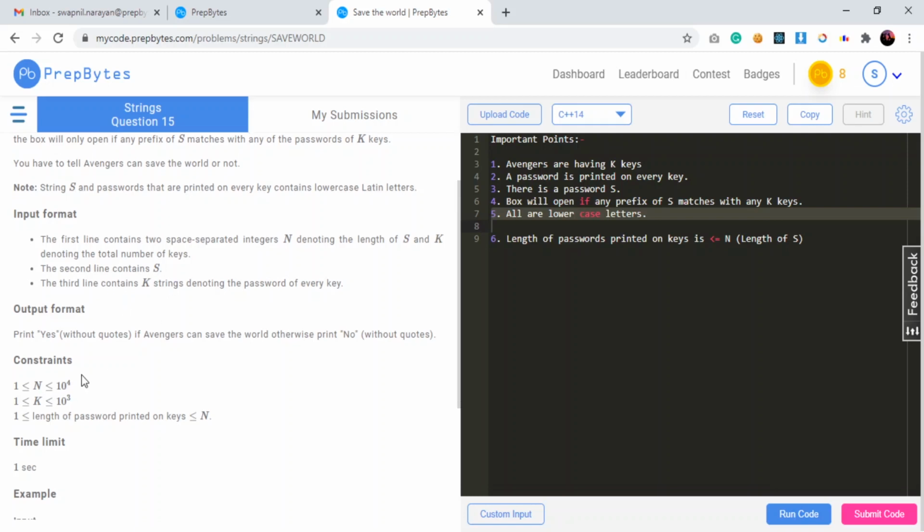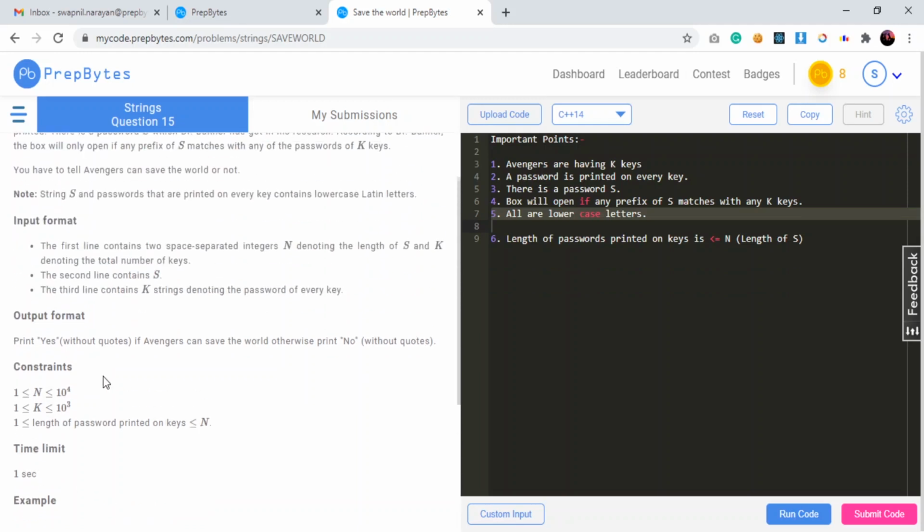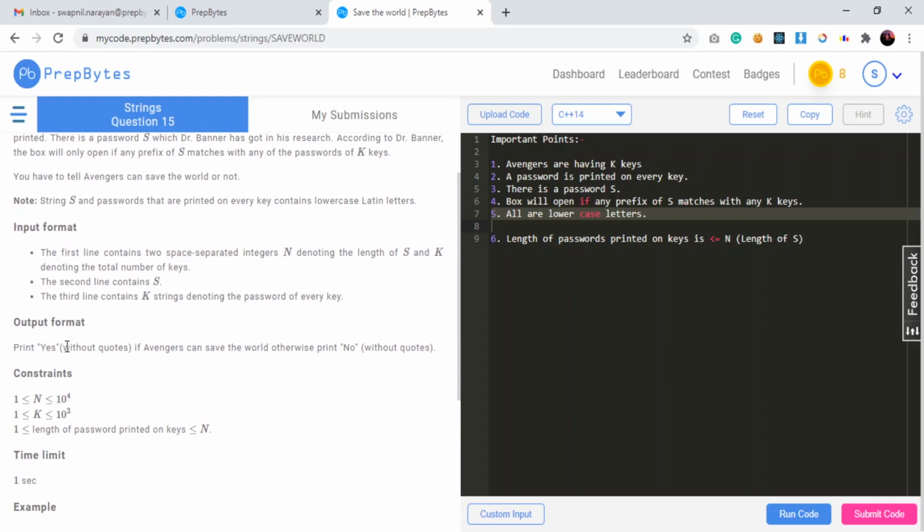You can see the example over here: n equals 5, k equals 3, this is my S, and there are k different strings representing the passwords printed on the keys, 3 such passwords. The output format is that we'll have to print yes if Avengers can save the world, otherwise we'll have to print no.